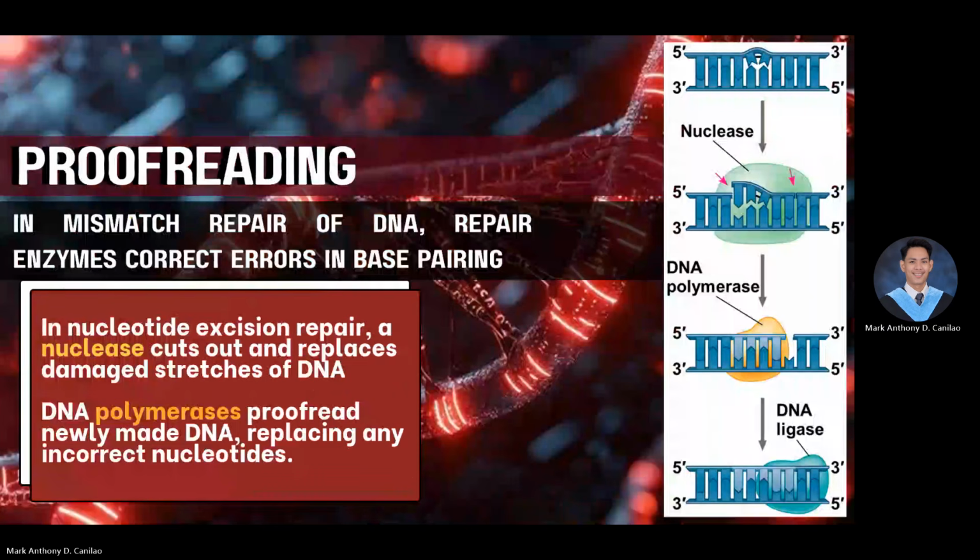Okay? So, in the diagram, you can see that if there is a mismatch, a wrong letter, for example, and DNA ligase cannot join it, what happens? Nuclease will go to the site, and then it cuts and cleaves it, and then DNA polymerase will give a complementary nucleotide to the wrong piece. So, DNA polymerase 3 will give the complementary base, and again, DNA ligase will go to the site to seal the new DNA that has been proofread. So that is the whole process of DNA replication.